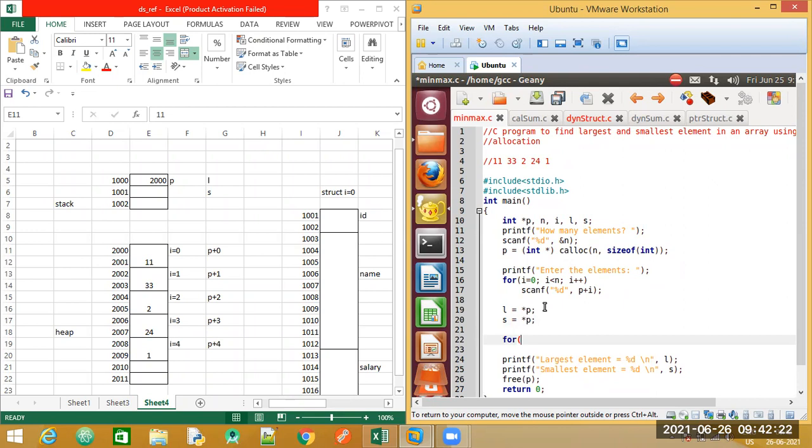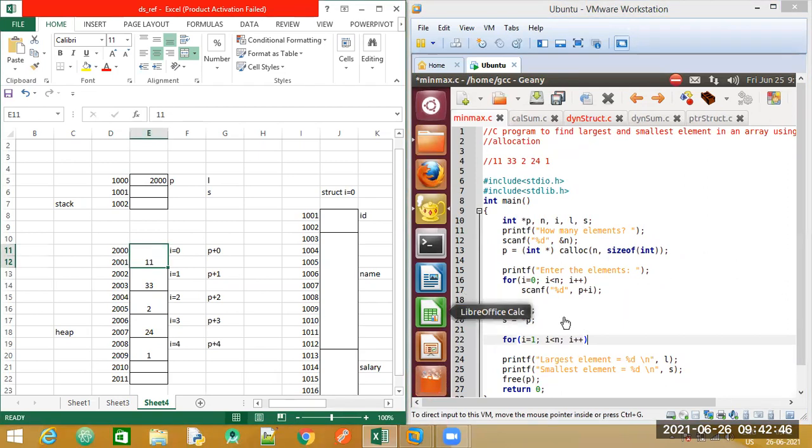Now you can see here, I'm going to start my looping. I'm going to begin the looping with I is equal to 1. The iteration is going to begin from I is equal to 1. So why am I starting with I is equal to 1 and why am I not starting with I is equal to 0? Because the initial element is assigned to largest and smallest now. Correct, very good. We have already assigned this.